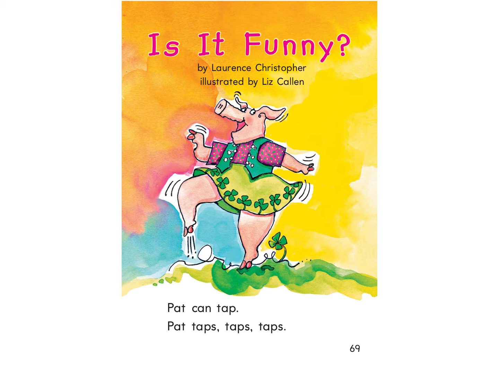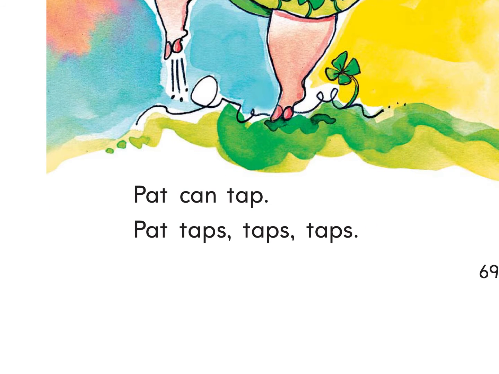All right. Is it funny? Get your highlighter ready. Okay. Highlighter ready. I see two sight words in the title. Is and it. I might have to use this color for that. Is and it. All right. Then what do you see at the bottom? Can. I see a question. That's it. All right. Highlighters down.